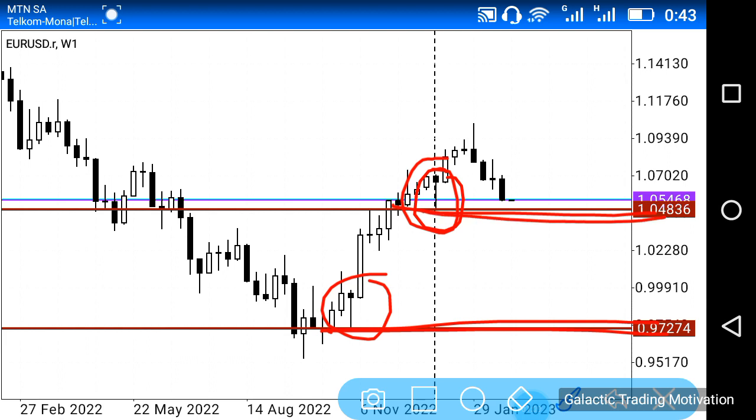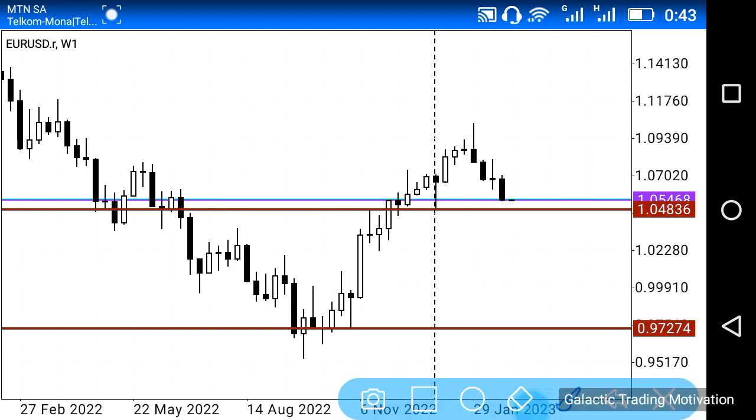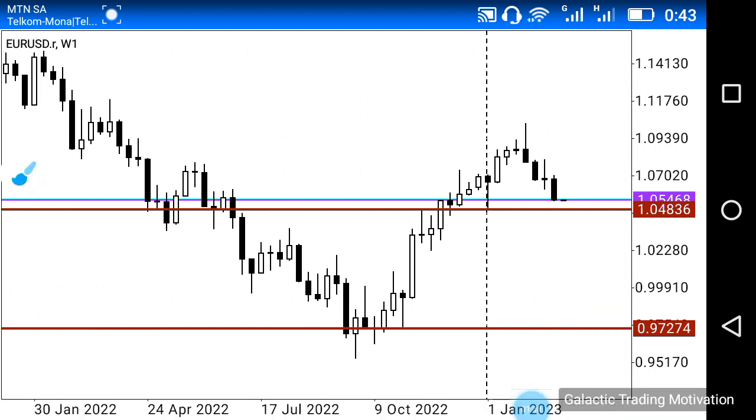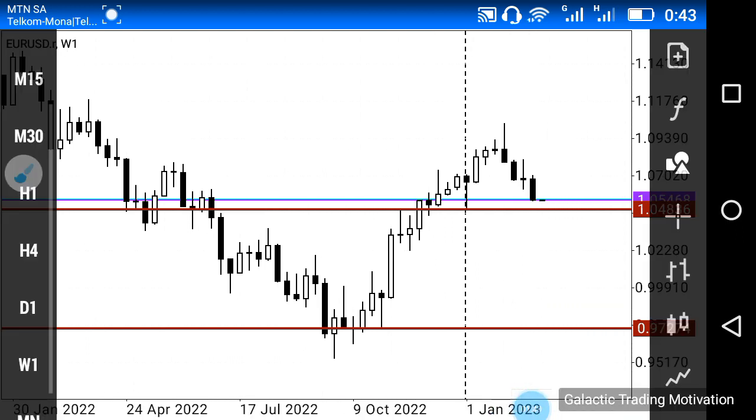Just keep in mind that liquidity actually represents money that needs to be triggered by the market at one point or another. So what I'm saying, in other words, is that there is quite a chance that we might see price push all the way down to test that level, and again in the future push all the way down to test that level as well, because there's a lot of money sitting at this point as well as at this point over here, right? Anyway, what else do we see on this chart? I don't see much. I'm just gonna head down to the daily chart,